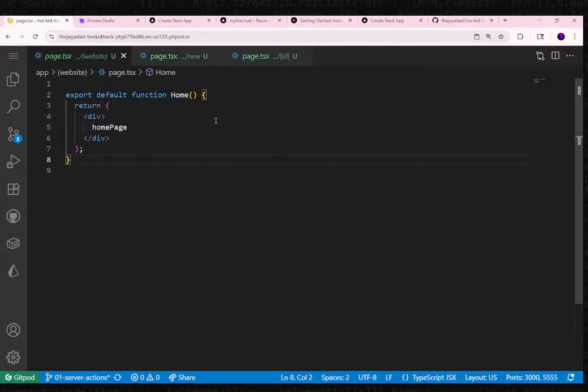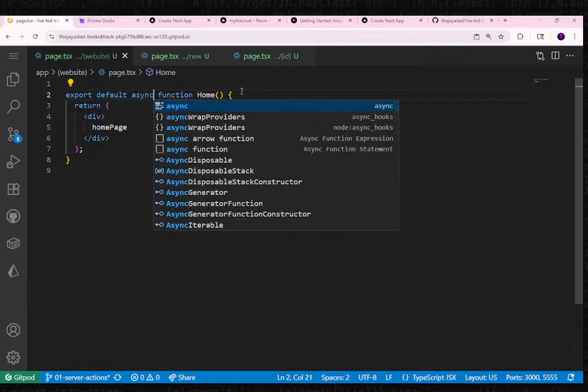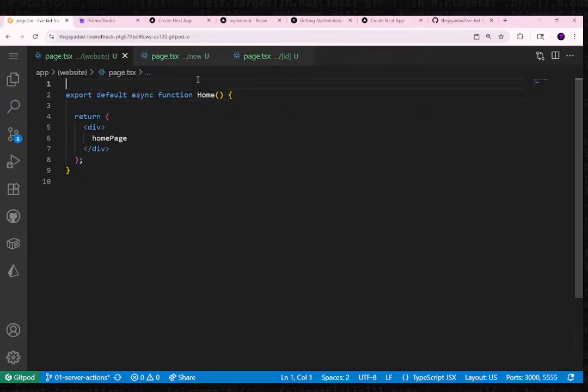Now to display those students, I could have created a separate action within the actions folder, but for right now, I'm just going to display that data on the home page, so I'm not showing it in multiple locations as of yet. To display it, we need to mark this as an asynchronous file because we're going to be using a server action within it. So we'll go export default async function. The function name will remain home. We'll create a const named